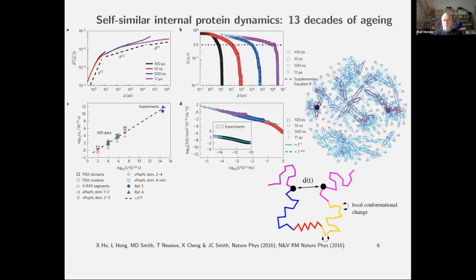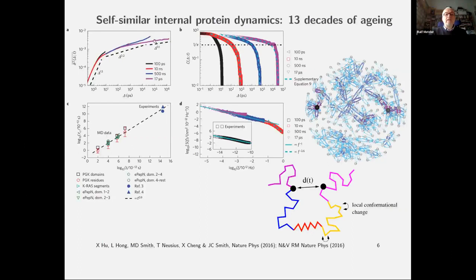The same system was simulated a few years ago in the group of Jeremy Smith at Oak Ridge, and they, of course, had much more extended data available. They had the whole time series of all the positions. And the idea, again, here in my bad cartoon, this is my protein chain, and I'm looking at the relative motion of 2 amino acids, of 2 monomers in this chain. And what they see is the time average mean square displacement has a very peculiar shape.